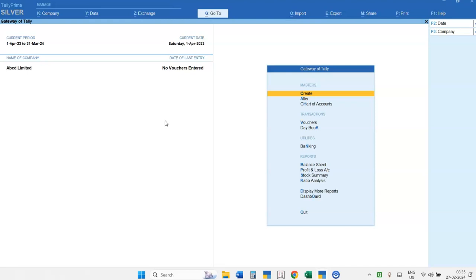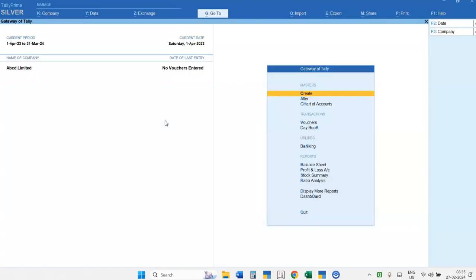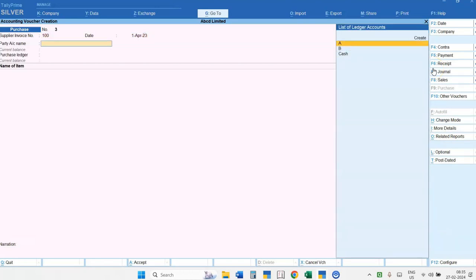Now we are going for voucher entry. First we are doing the purchase entry. Go to the voucher from the gateway of Tally. I am making the purchase entry. Here I have to write down the date, the supplier invoice, and the name of the creditor from whom I have purchased.